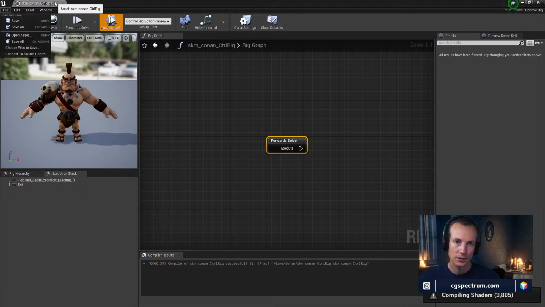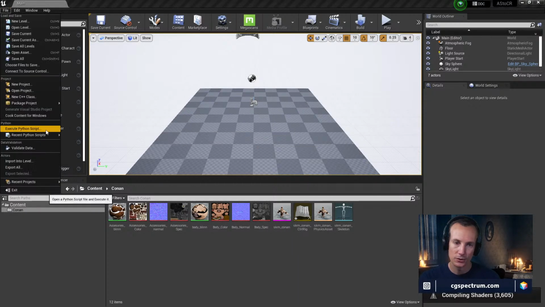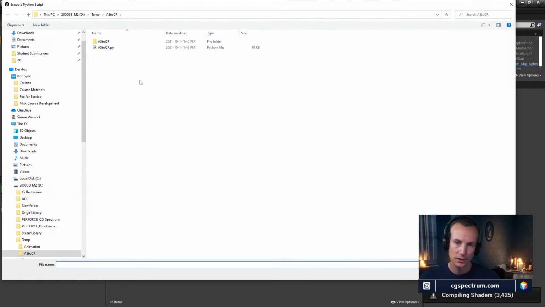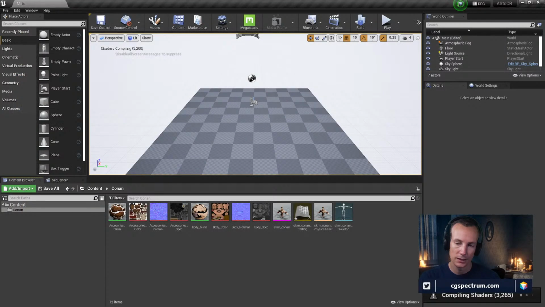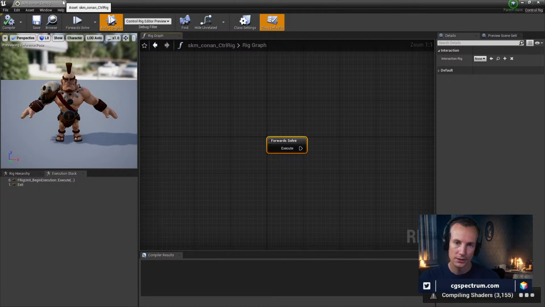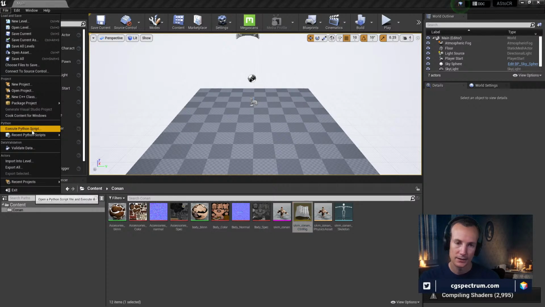And then what we have to do, which is the part I'm a little bit less sure how to do right now, but there's an option up here to execute a Python script, which wouldn't be here if we didn't have the plugin installed. So we're going to try and execute the Python script that we have created from the export. I'm not sure if this is just going to work or what, so we're just going to run it, see what happens here. No, it didn't just work, did it? It has to be fancier than that. If I have it selected,